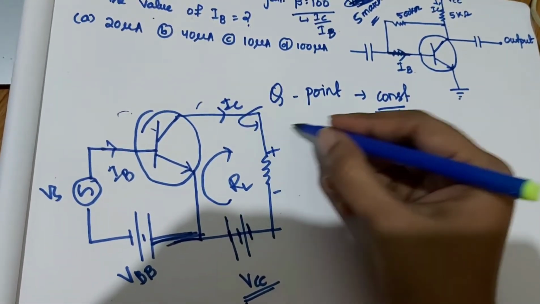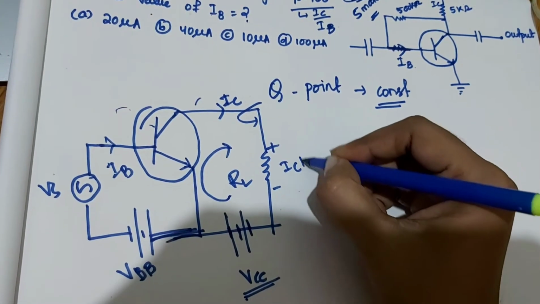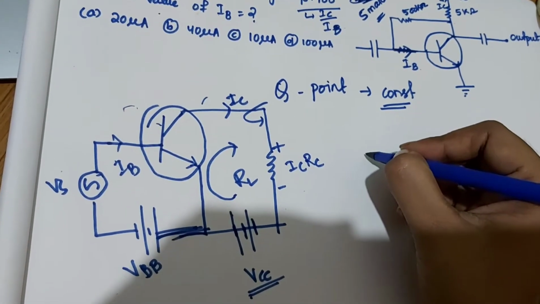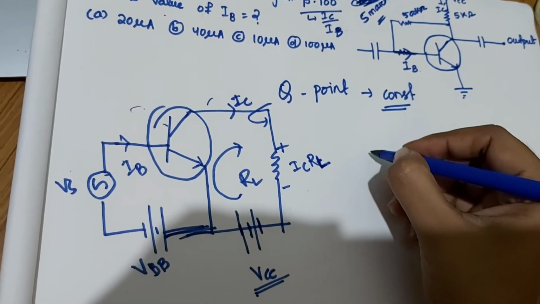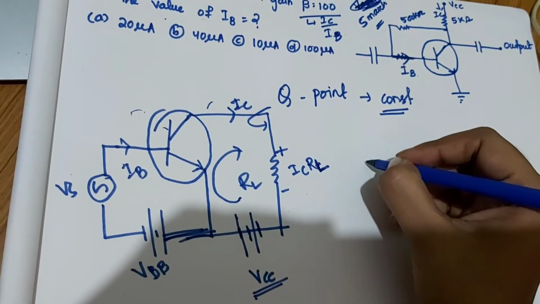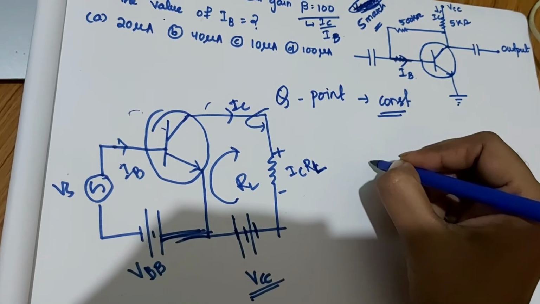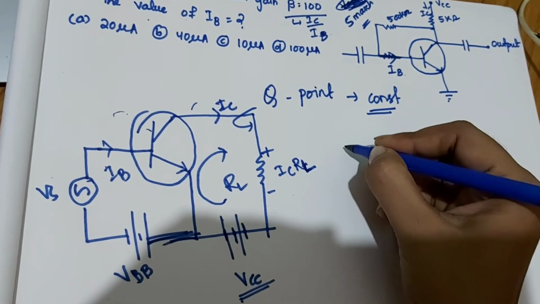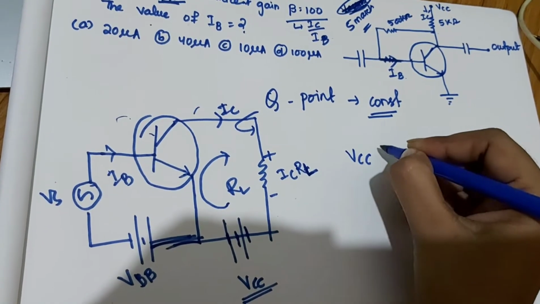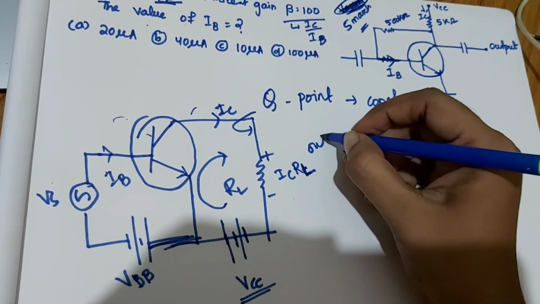So this is my IC RL. By applying Kirchhoff's law along the output side,